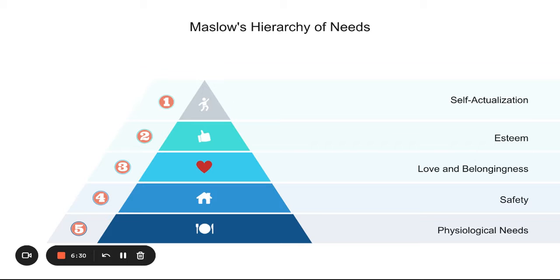And then at the very top, once all of our basic needs are met, we have food, water, shelter, safety, love, belonging, esteem, then it's self-actualization. We have reached a point in our life that our goal is to accomplish all that we can possibly accomplish. So I would challenge that a lot of you, and most of you, if you're in college, you're at a point in your life.